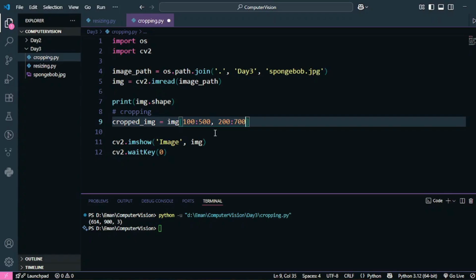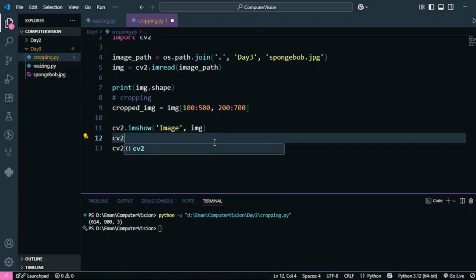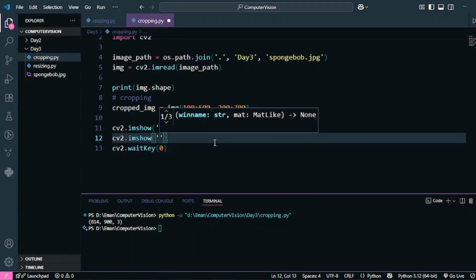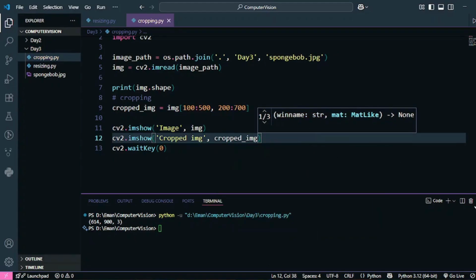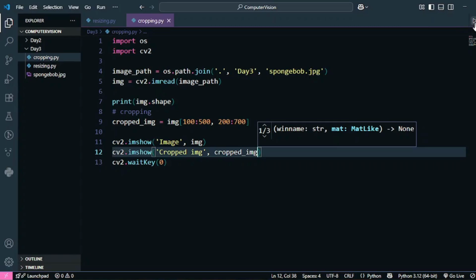I want to crop out the original image with these new dimensions. Now these dimensions will be saved in the crop image, and now I can use the OpenCV imshow function to visualize it. I'm going to call it cropped image, and then pass this variable, and let's see if this cropping actually works or not.